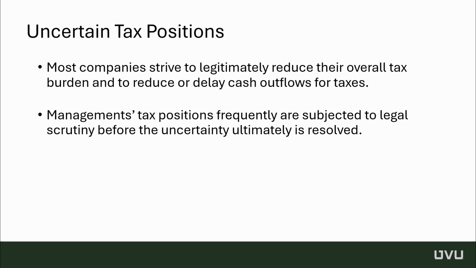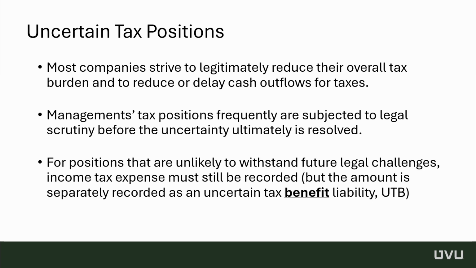And where a certain position does not meet that threshold, the company cannot recognize that tax benefit in the financial statements. In other words, the associated income tax expense must still be recorded, but instead of crediting taxes payable, it's going to be a separate liability account called an uncertain tax benefit, or UTB. Taxes payable reflect the size of the check you're going to send the IRS. Separately presenting UTBs gives financial statement users additional information about tax benefits the company has claimed, but that may not